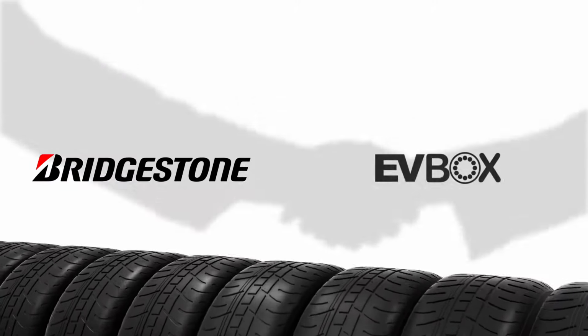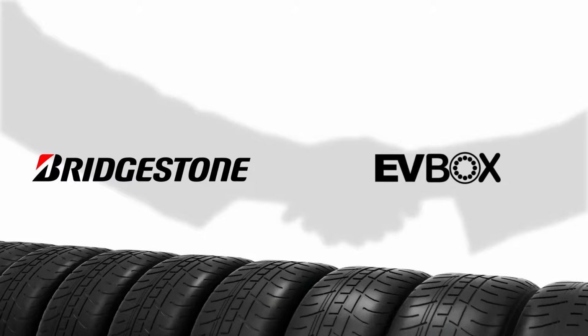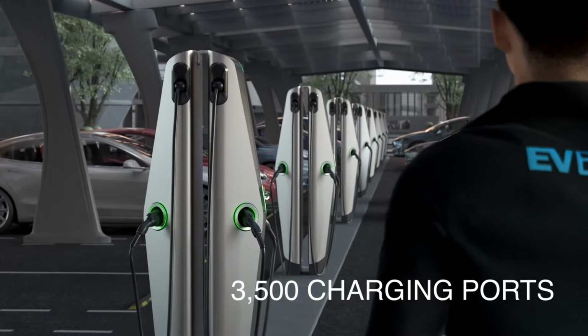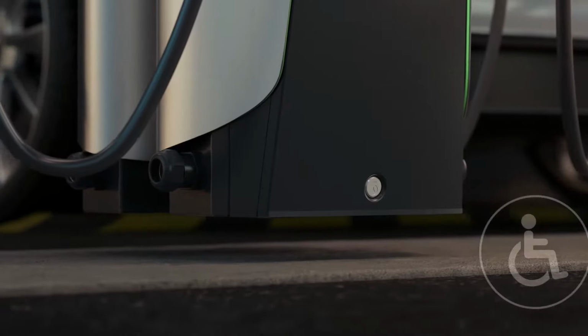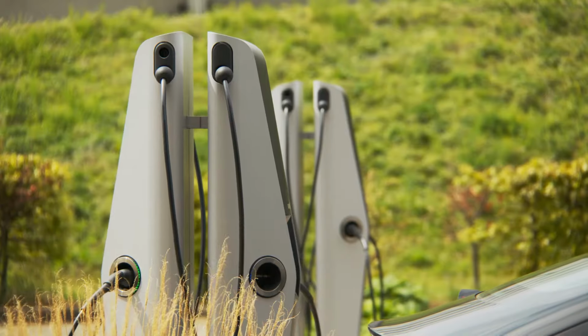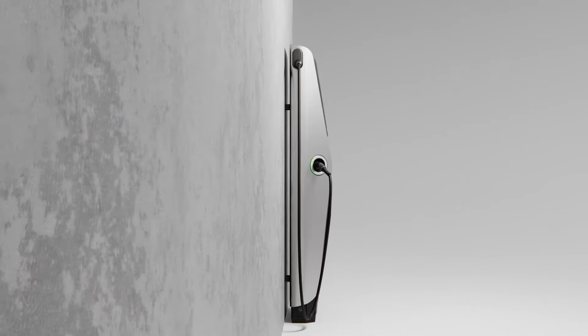Bridgestone has partnered with EVBox, an electric vehicle charging solutions provider, and TSG to install up to 3,500 new charging ports across Bridgestone's European retail and service network over the next 5 years. This will provide EV owners access to over 130,000 charging ports along with the new 3,500 charging ports planned in